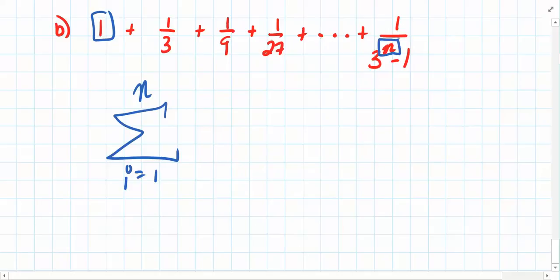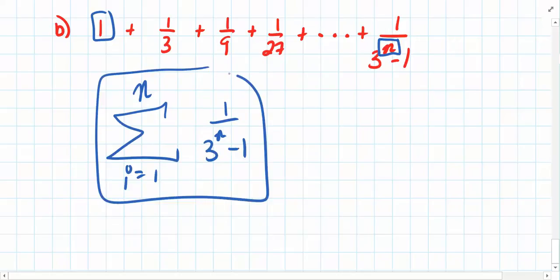It just says 1 over 3 to the n minus 1. Well, so I'm going from 1 to n, and this is exactly how I get each of these terms. It is 1 over 3 to the n minus 1. That's all you have to do for this one. This is how we would write it. So you can test this and see, right? If I wanted this term, for example, it's the third term. So if I were to plug in a value of 3,